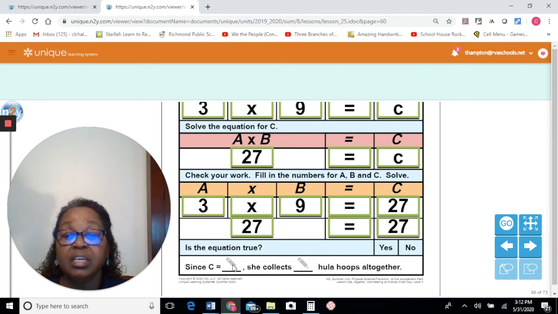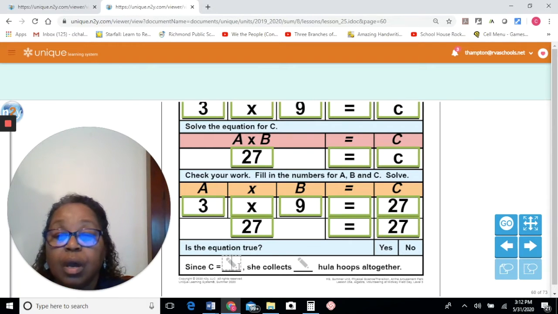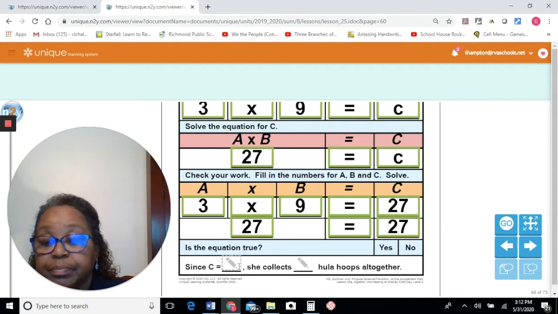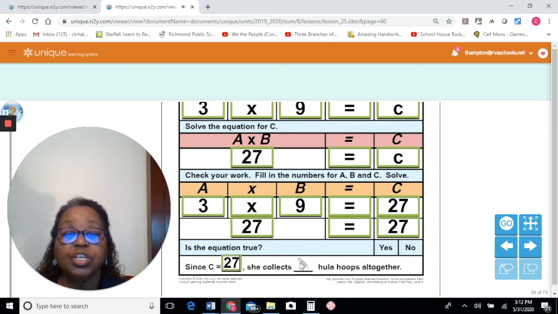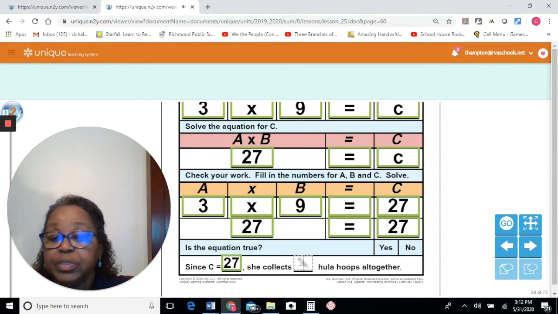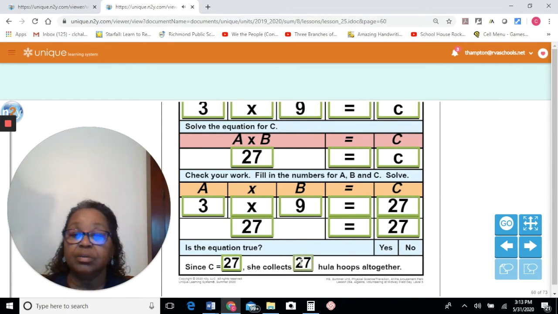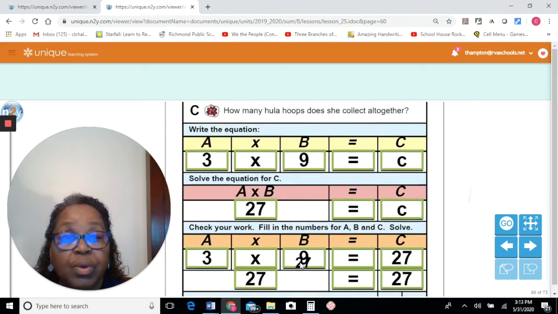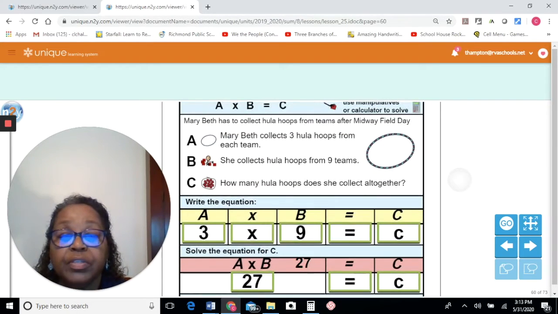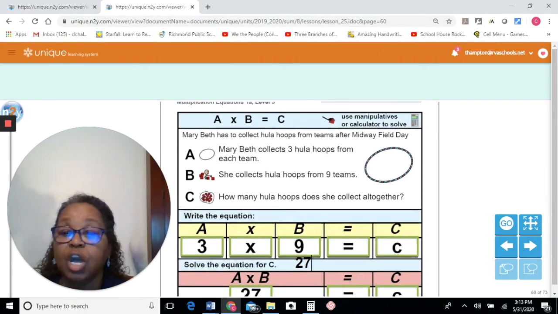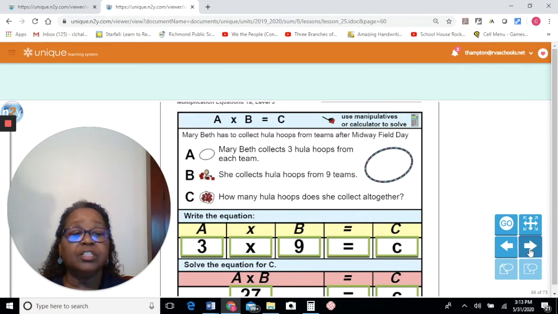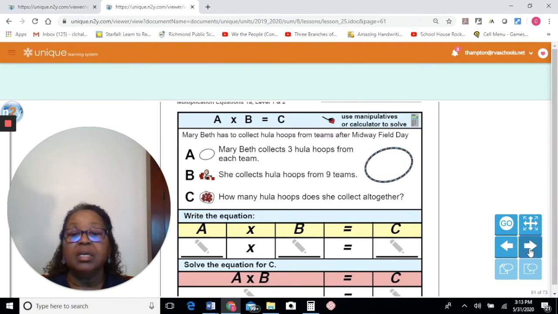So since C is 27, she collects how many hula hoops? 27 hula hoops altogether. That's how we're able to solve the problem. We were able to use this graphic organizer and make all of the correct substitutions to come up with the answer. So let's do another one. Before we end, let's do another one just to make sure we have it